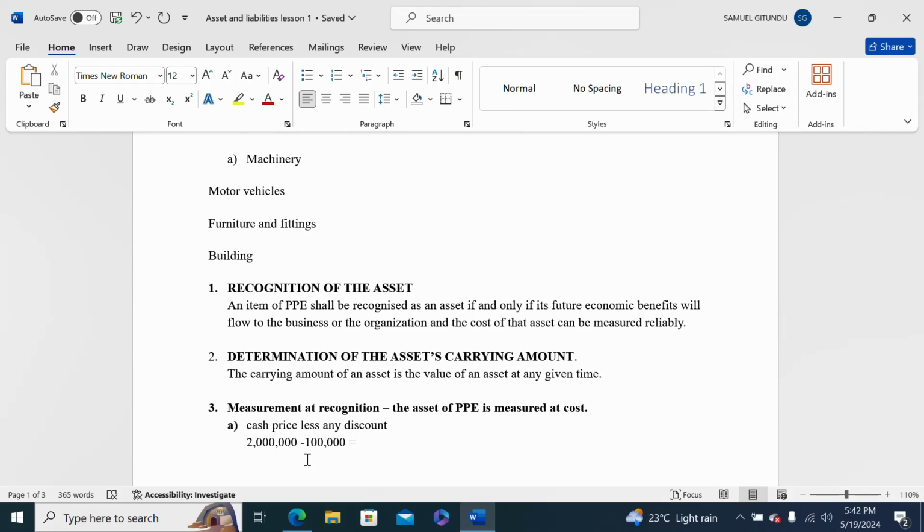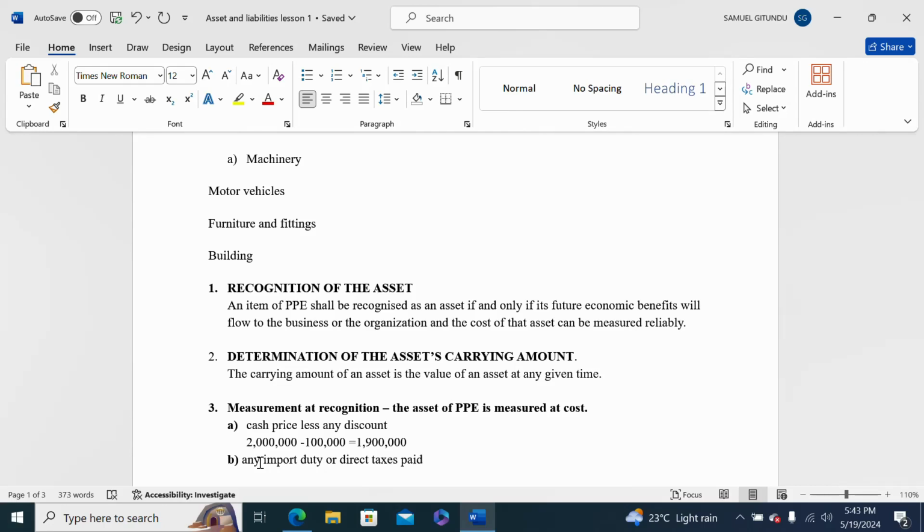you should recognize at the initial recognition is going to be 1.9 million, because it is the cash price less any discount. So it is the cash price less any discount. Then the second element of the cost is any import duty or direct taxes